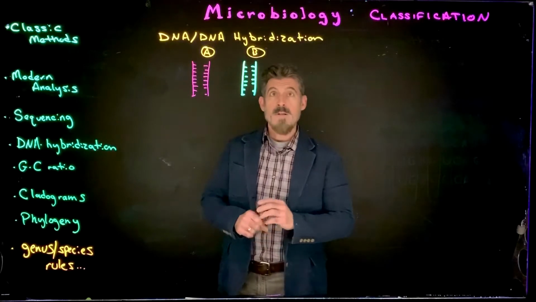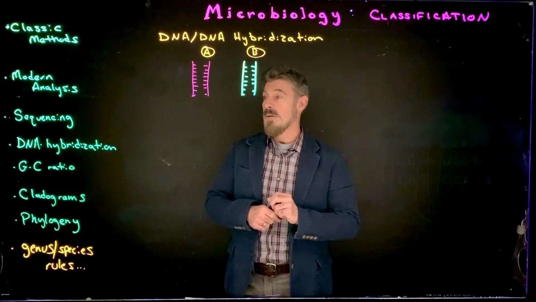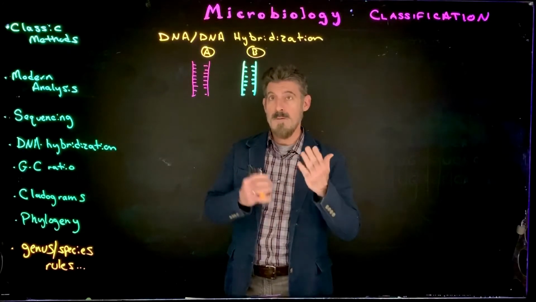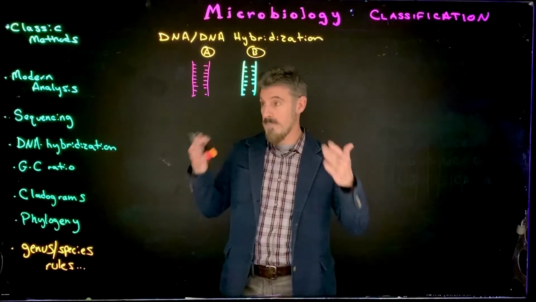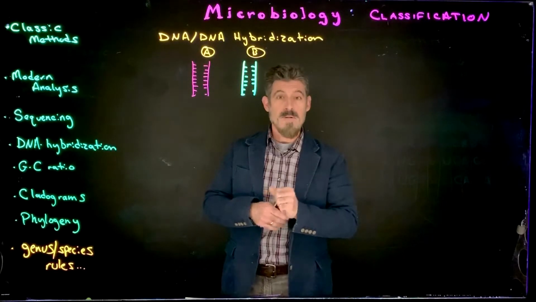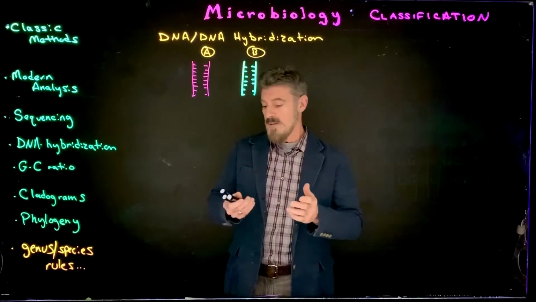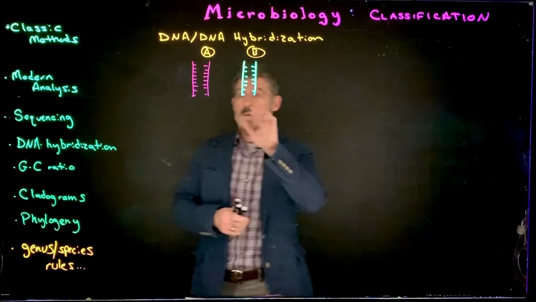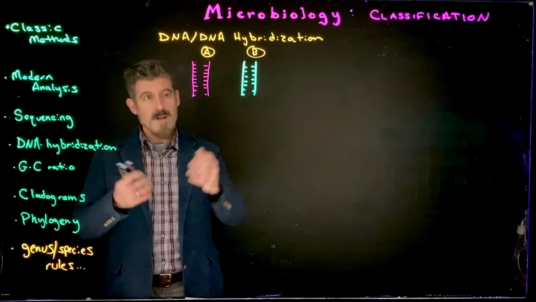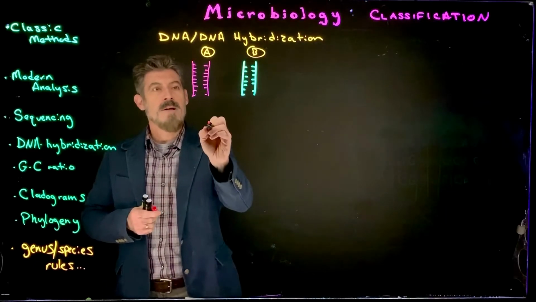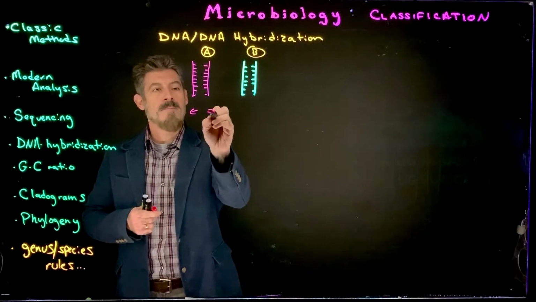All right, so we're going to continue with classification, and now we're going to look at other molecular techniques that are used. One common technique that is used a lot now is DNA hybridization. In this technique, we take two organisms, extract their DNA, and then the DNA is heated up so that the DNA pulls apart,